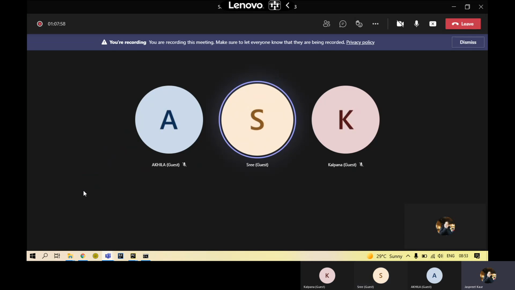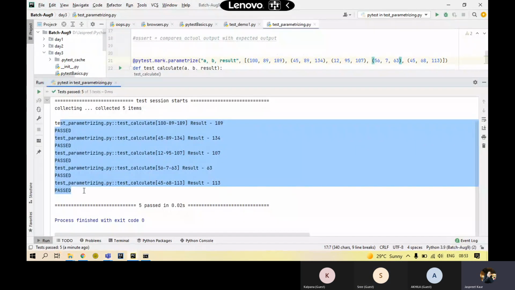Okay. I expected it's clear to everyone how the test cases are different from simple Python files, how the test cases run differently, and how you can configure them. All the settings are clear. I expect you to practice this. If you face any issue, do let me know. We'll discuss it in the next class.